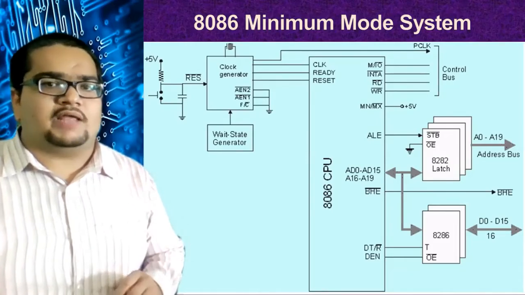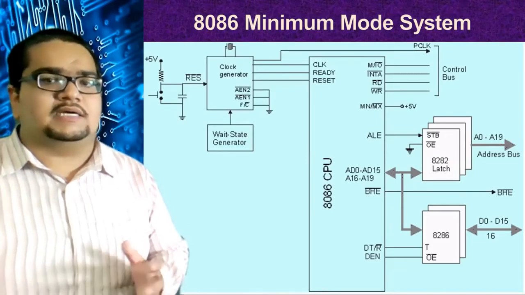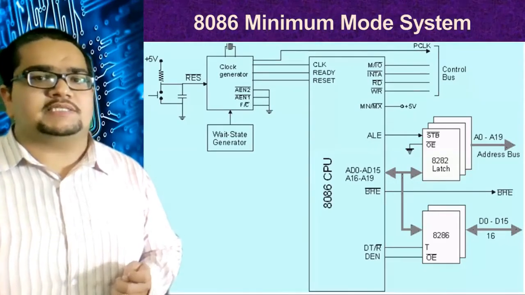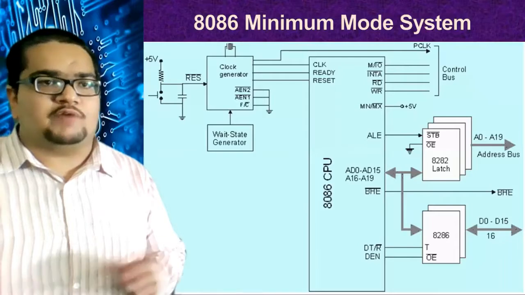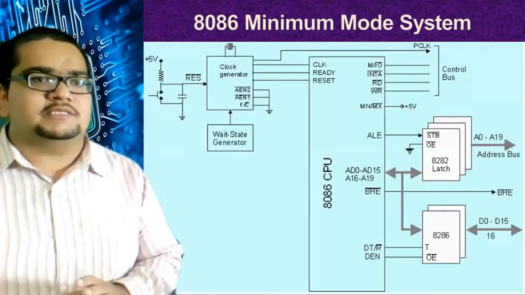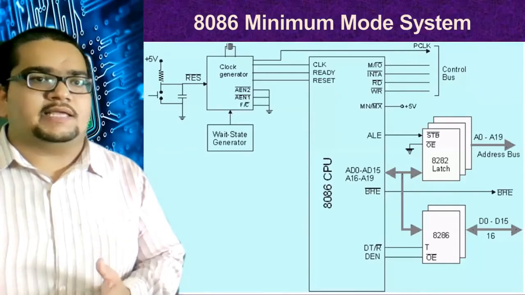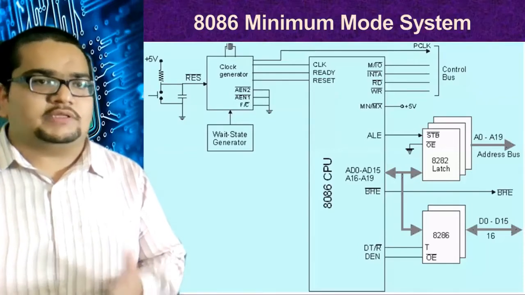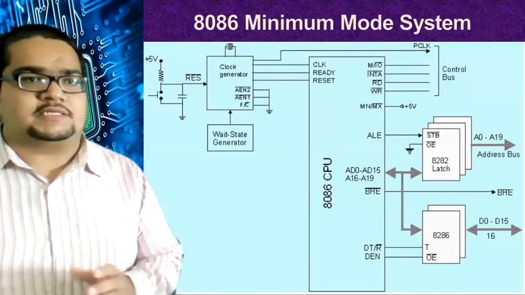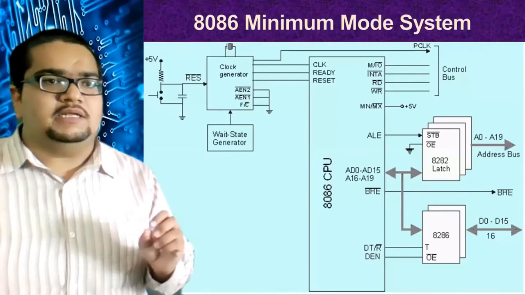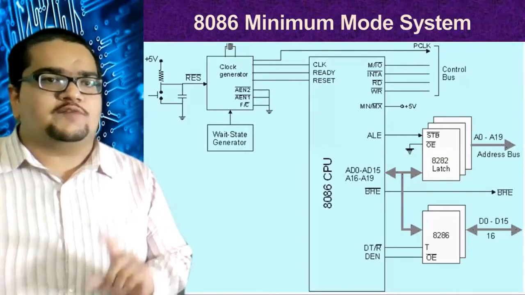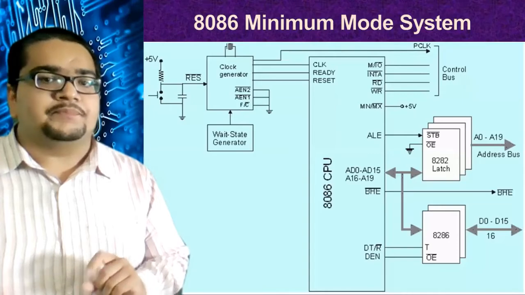One may question why we use latches only for the address and buffers for the data. The answer is very simple. As you can see, the address communication is one way. The processor sends the address out onto the AD lines, and it is taken by the memory devices or the IO devices. Since it is one directional, latches are sufficient to latch that address and store it for the complete machine cycle.